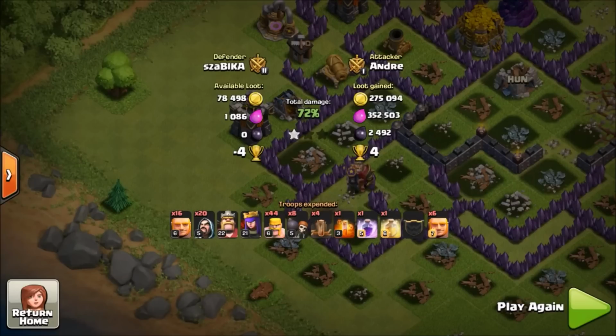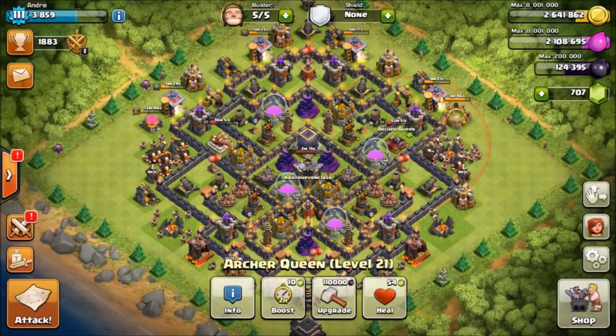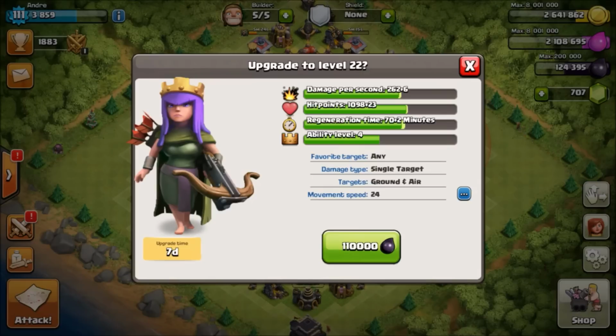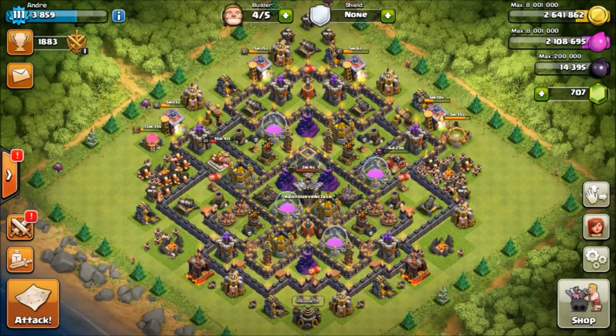So this is our final replay for the video. We're going to go back to base now, and we're going to go and upgrade my queen to level 22 so she can match my king, who is currently level 22. We have 124,000 dark elixir, and we're going to use 110,000 dark elixir to upgrade her for 7 days to